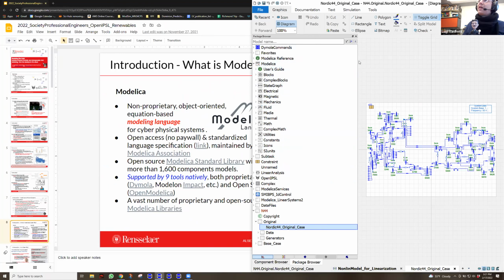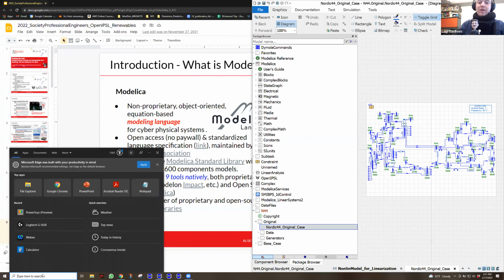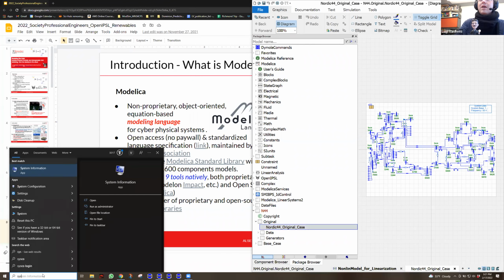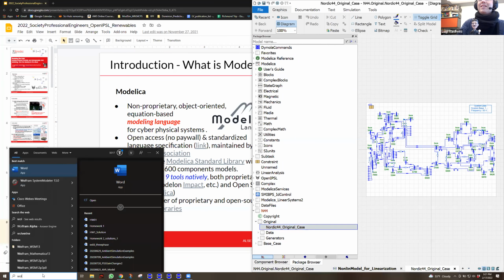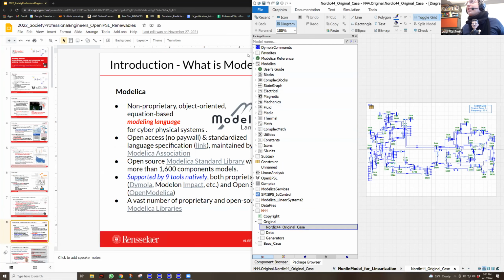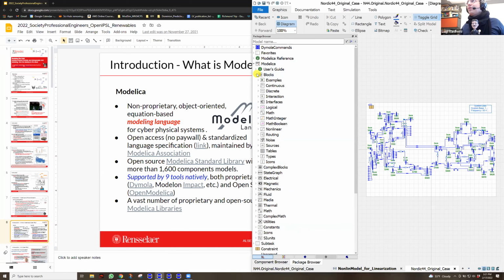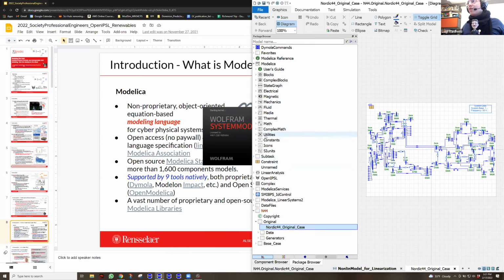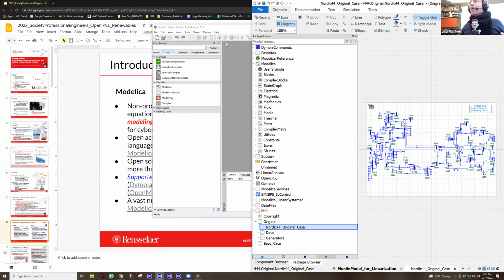Here you see the tool that I use called Dymola. In all of the Modelica tools, I can show you how in the same tool you have the same models to do multi-domain modeling. So you can model thermofluidics, mechanics, like multi-body system simulations, and so on. The Modelica Association provides this library with thousands of models already.